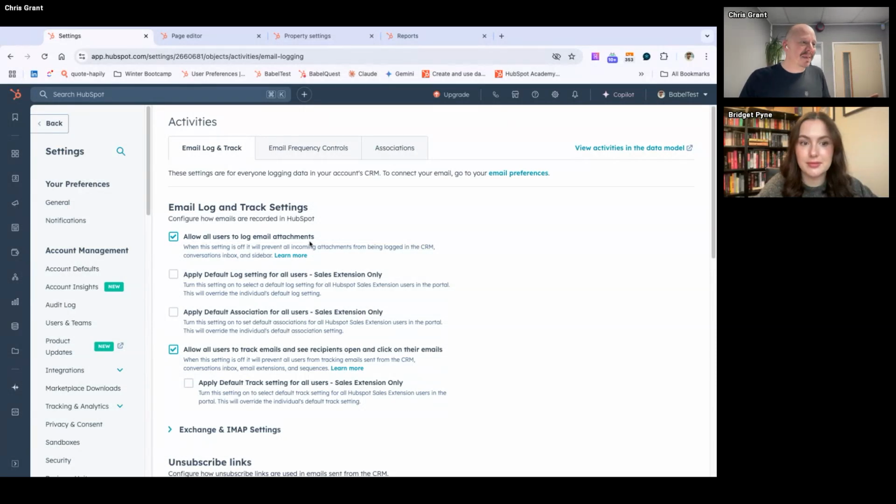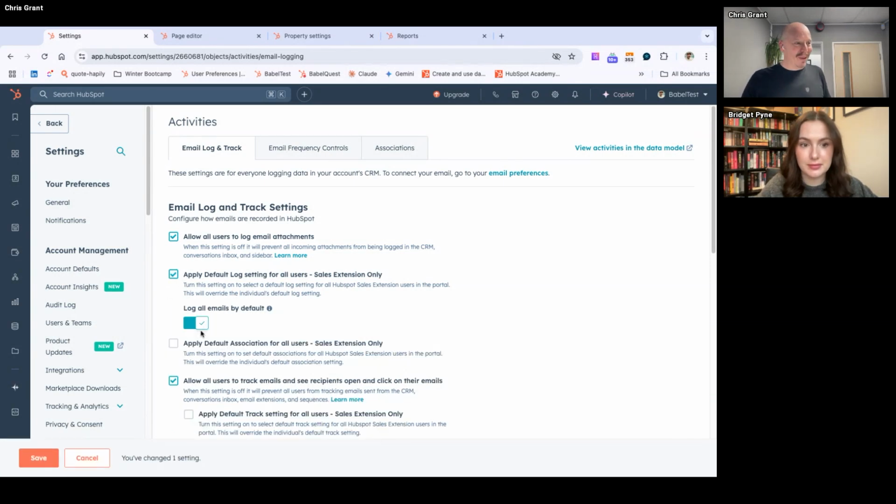And then think about some of these log and track settings. So, allow all users to log email attachments, for example. Apply the default log setting. So log all emails by default, or don't log all emails by default. Have that at company level: we as a company log all emails, or we don't, and we choose what emails to log.